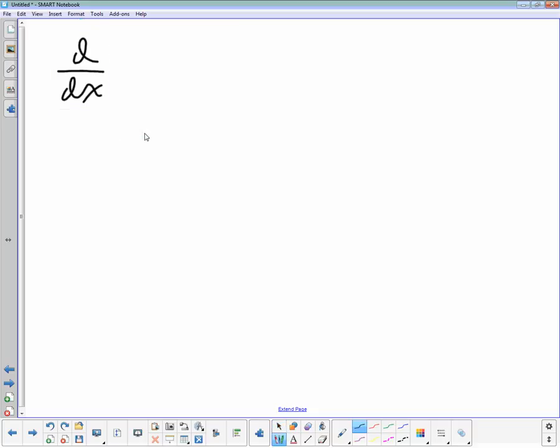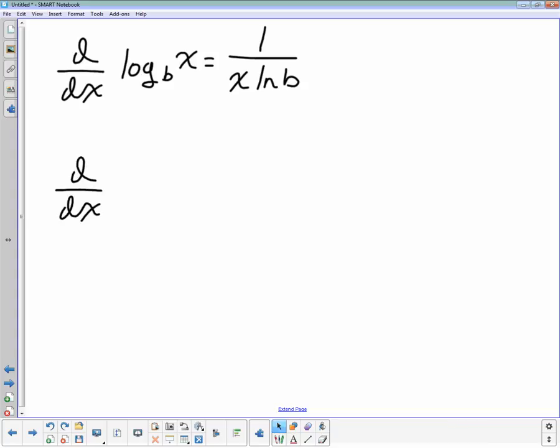Derivative of log base b of x, so any base, is 1 all over x times the natural log of b. You will see natural logs as the logarithm of choice in calculus. And if we have time, we'll do that next class or during flex. We're about to run out of time here, but